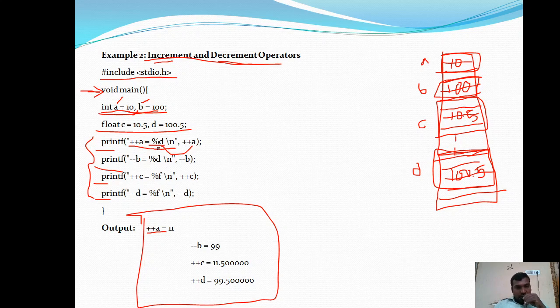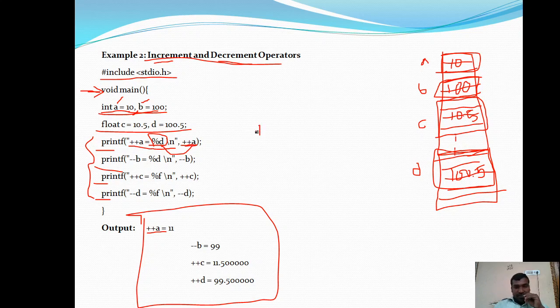Now what value is replaced here in place of %d? Here ++a means it doesn't just return the value of a, it returns the value of a after increasing it by 1.